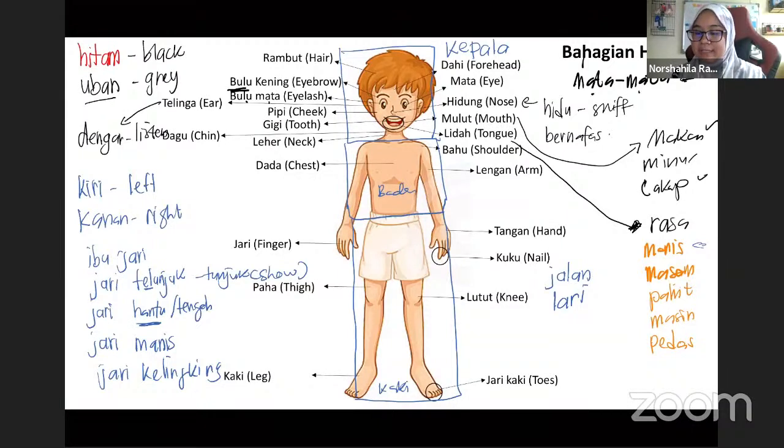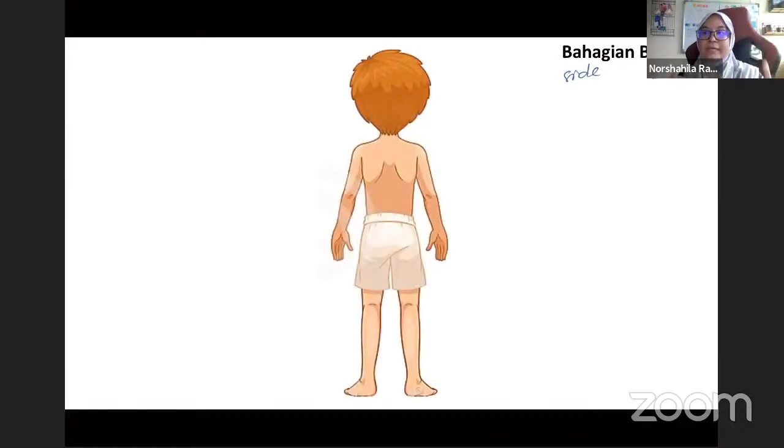Okay. Next, we do have the back side. So the back side, back is belakang. This is back. This is side. So the back side we have here. Not too much that I cover here. As I mentioned, I cover important part and also the decent part only. Okay, we have this one, elbow. I think I pronounce it to you. Now, we call as siku. Okay, we call as siku, means elbow.